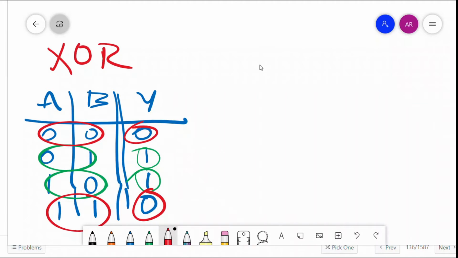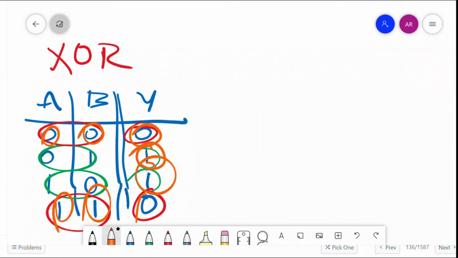They have told us that every element appears twice, right? So all those elements that appear twice, their bits will be either 0 and 0 or 1 and 1. They cancel each other out and give the net effect of 0. And that single number which occurs only once will be left out in the result. So we get that number.